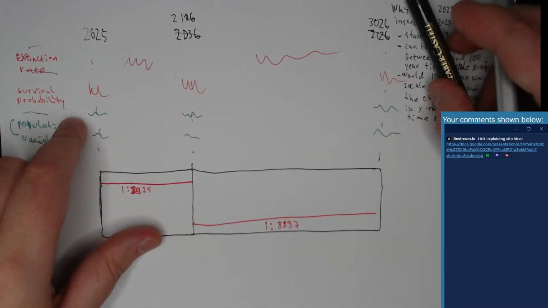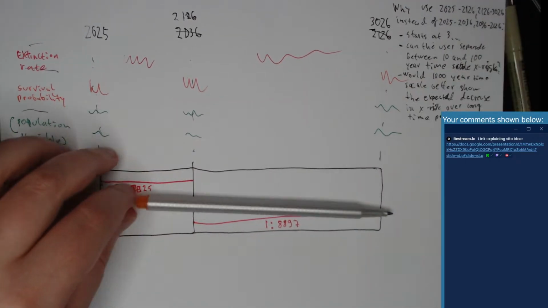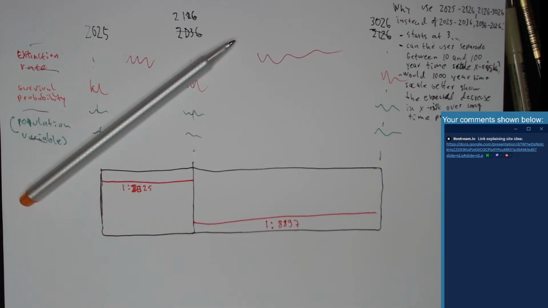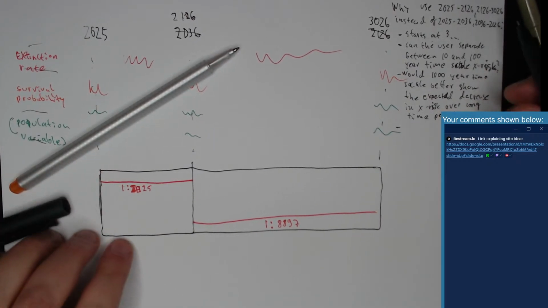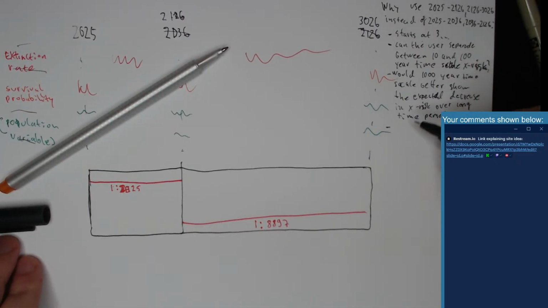So now, one advantage of this is where this idea started, which let's see if I have space here, is that we can start the survival probability scale at 0% better,